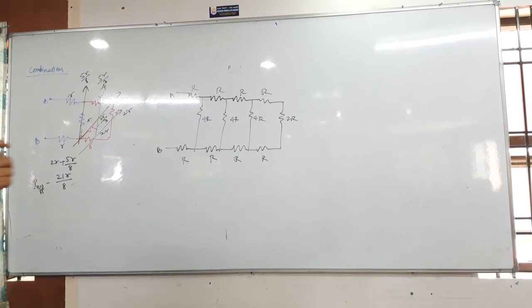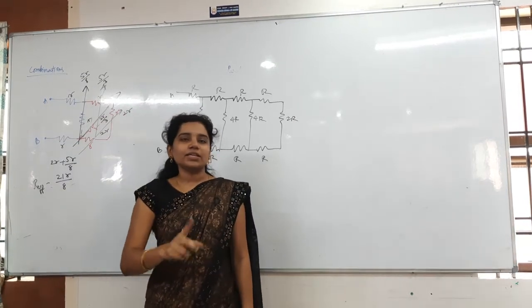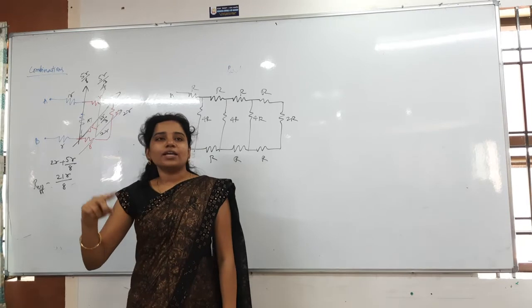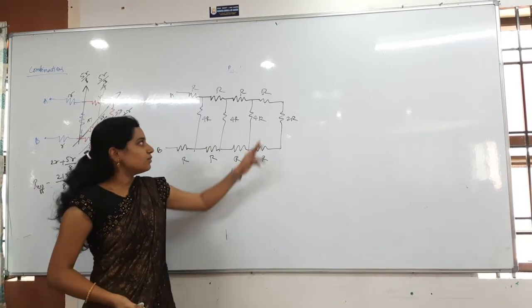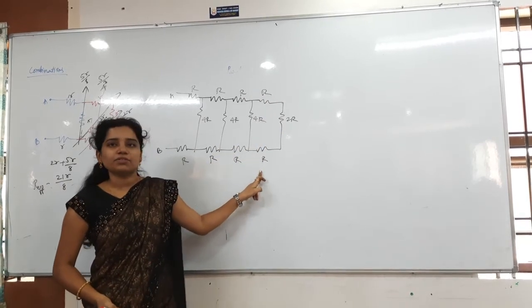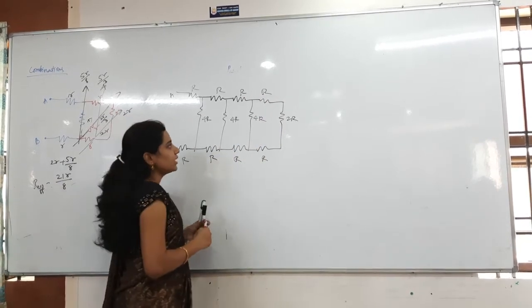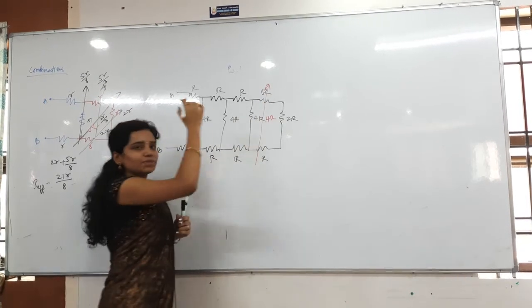See, if any equal resistors are in combination, in parallel you have to take R by N, and in series it is N into R. I will tell you that. Okay. Now this entirely becomes, listen here, R plus 2R plus R. How much is that? 4R. Now this entirely together becomes 4R here.